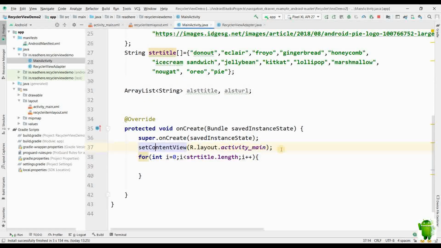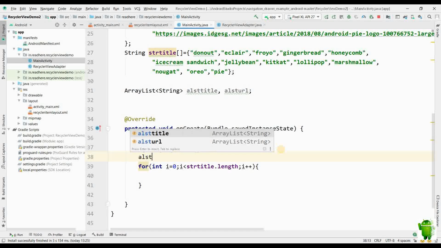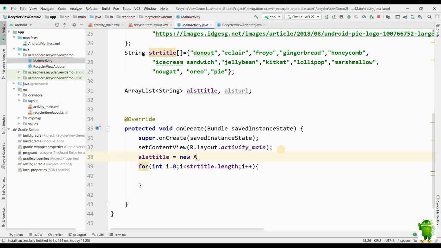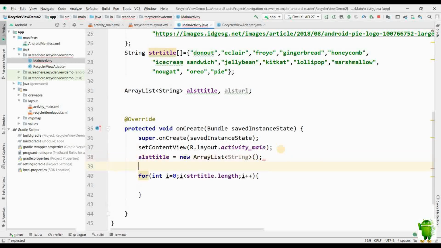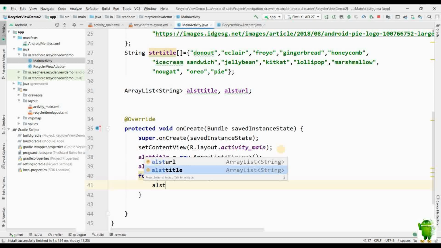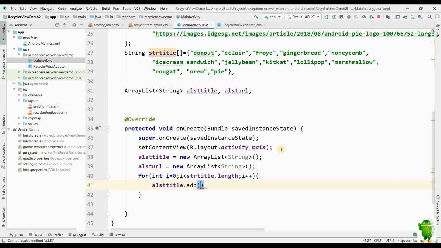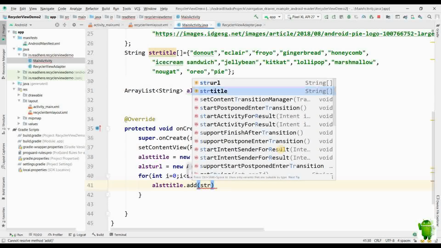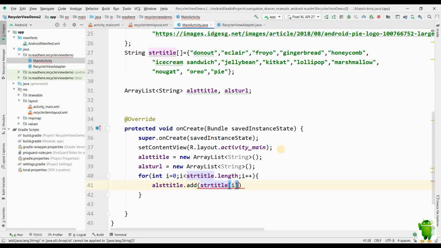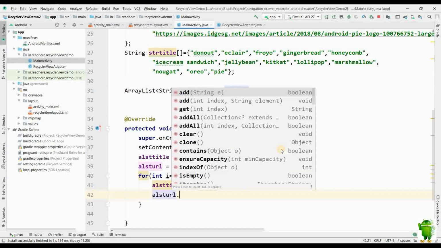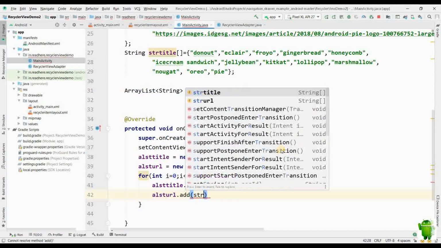We forgot to initialize those two objects, so we'll initialize them with ArrayList title is equal to new ArrayList, each element contains a string, ArrayList URL, new ArrayList string, and we'll set ArrayList title dot add string title of i. Similarly, ArrayList URL dot add string URL of i.